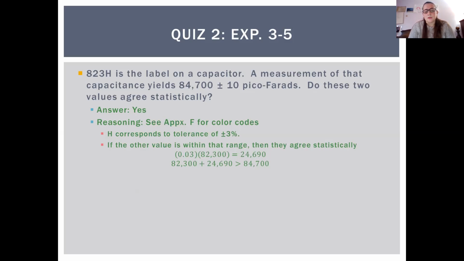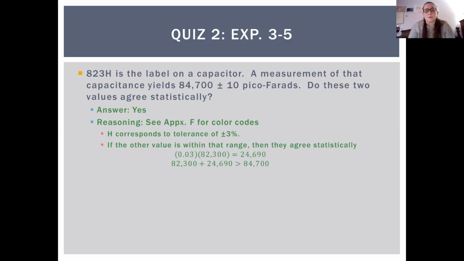I would say those are going to be three really helpful ones. Appendix C for error propagation, Appendix F for all of your color codes and resistors and tolerances and all of that stuff. And then Appendix I to just remind yourself of things covered in Physics 1 lab if you took that a while ago. Anyway, if we look at that chart in Appendix F, we can see that H corresponds to a